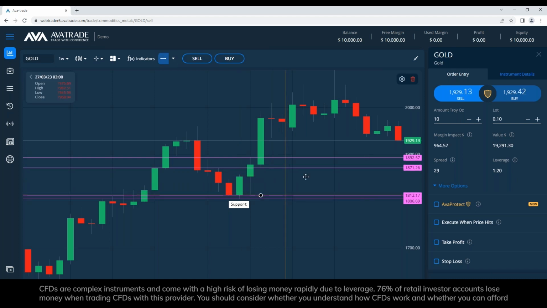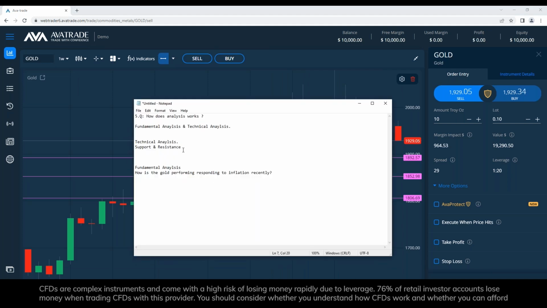Now let's understand why it is moving down anyway, right? Here we have the how. Here we're gonna have the why. The reason, right? Fundamental analysis means something happened, or somebody said or did something, that caused the market to do something else. Technical analysis means the asset has moved in a certain way, and this is why I think it will move in a certain way. Okay?